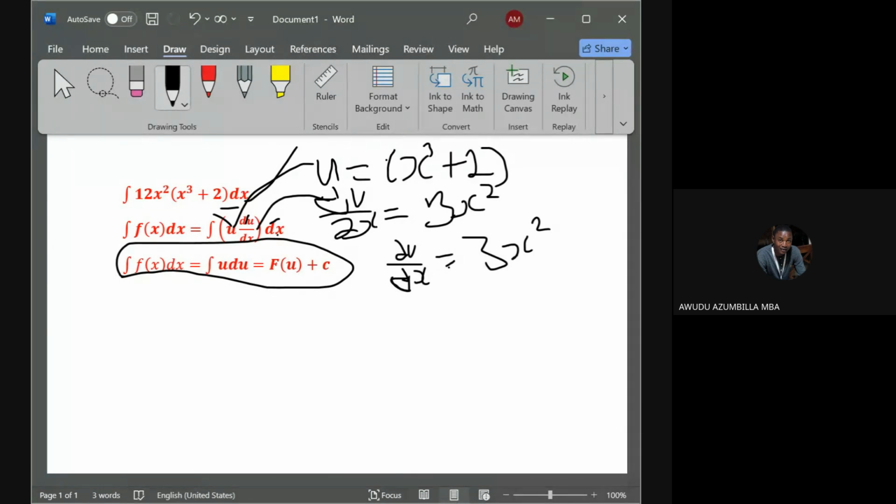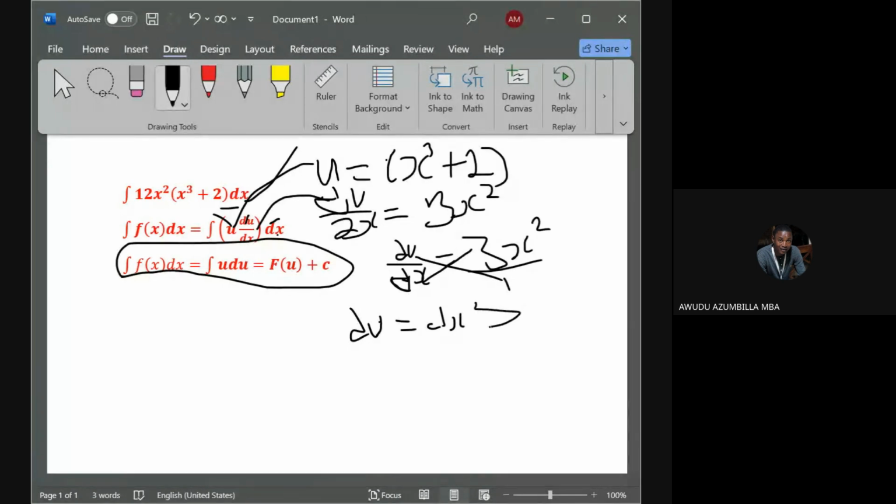I'll cross multiply. Any number standing alone is over 1. So I'll have my du. I'm cross multiplying. This one will go here and this one will go here. So du is equal to my dx